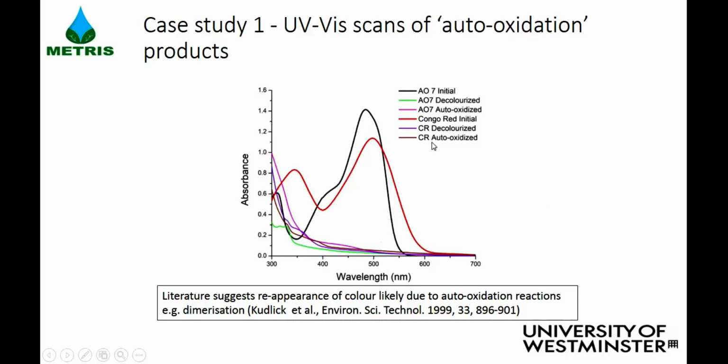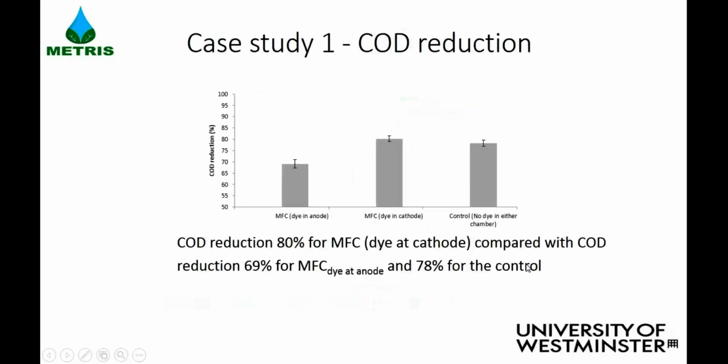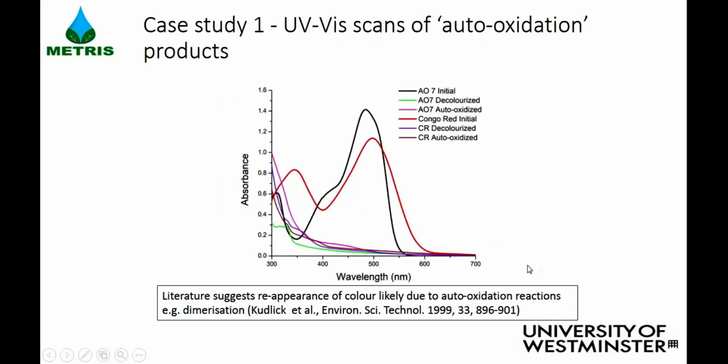So similar trends with Congo red. So that's the starting position. Then this one, the purple one, is the decolorized one, and then upon auto-oxidation, you get that. Okay, so we think that what is happening is some kind of auto-oxidation, and we looked up some literature and we found a paper published some time ago, which indicated that aromatic amines, which are the ones you expect to get from